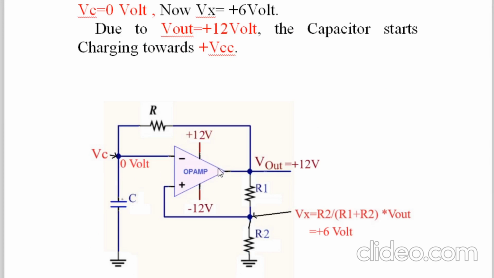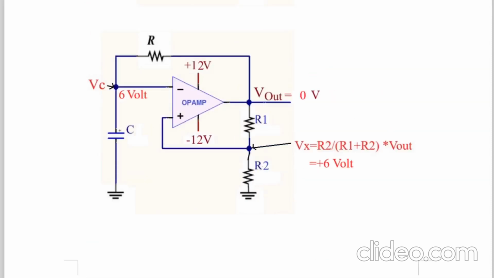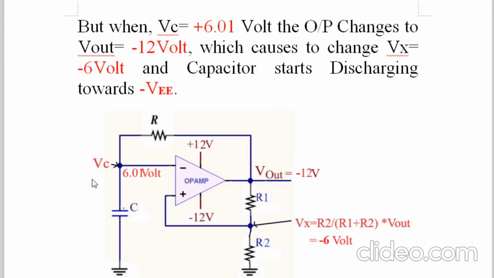Just means how much have we considered? We have considered 6.01. See here, 6.01 volt. 0.01 volt is equal to 10 millivolt. And in this way, 10 millivolt is sufficient to change the output state. So when this capacitor crosses just above 6 volt, the voltage at this terminal becomes greater than this. Just one minute before, both were at the same 6 volt and 6 volt. Therefore, we wrote here 0 volt. It changes its state from HVL to 0 volt.